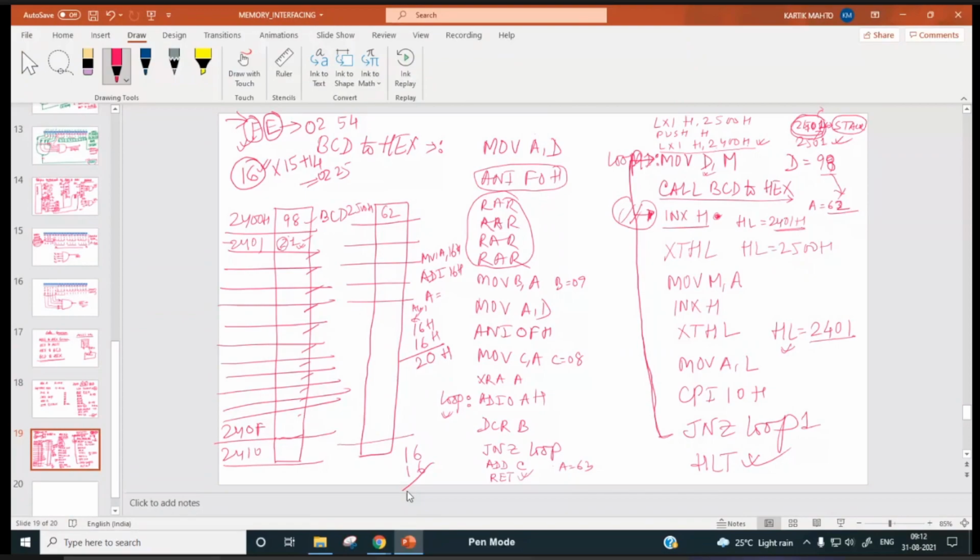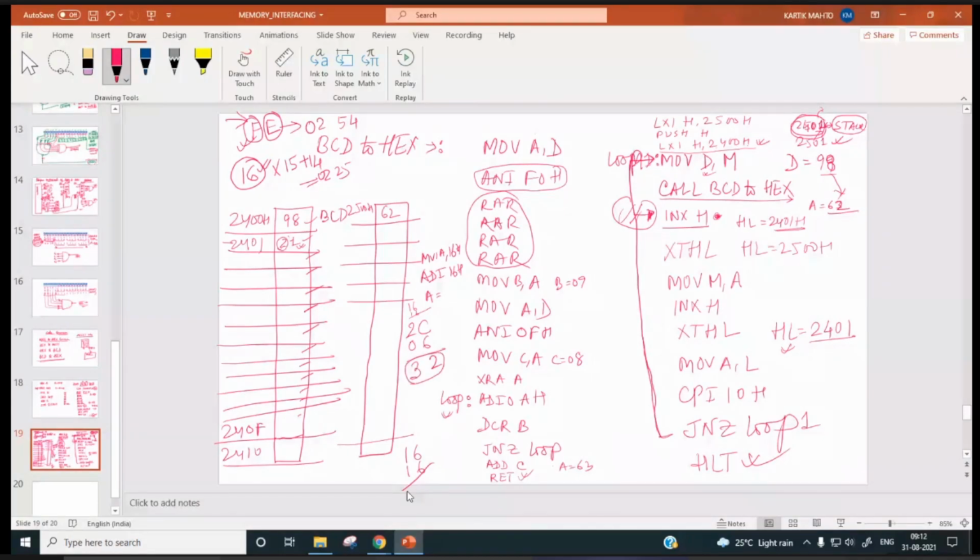Sir, it is 2C, right, sir? 2C, sorry. 16 plus 16 will be 2C. Okay, so in this case 6 will be added with DAA. C plus 6 will be how much? 2, and 1 carry will come. So here it will be 3. So 32 will be the answer.